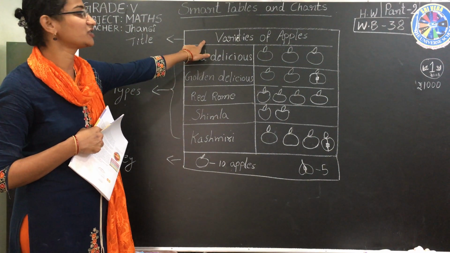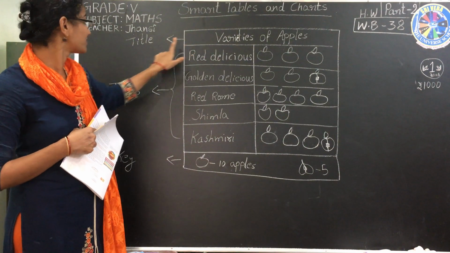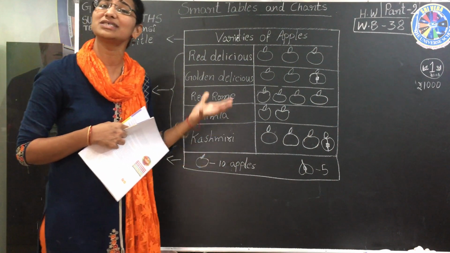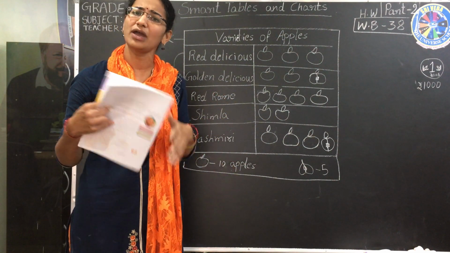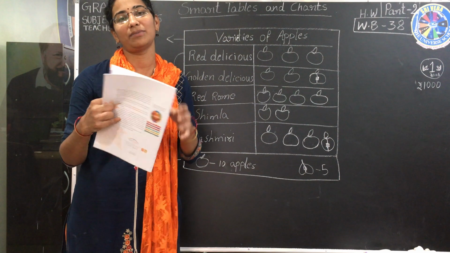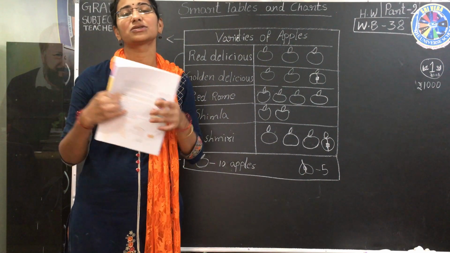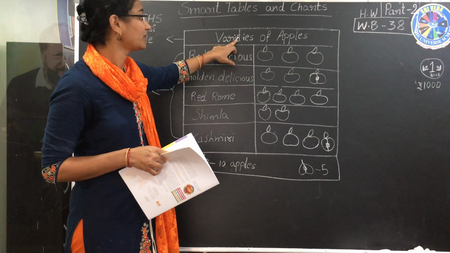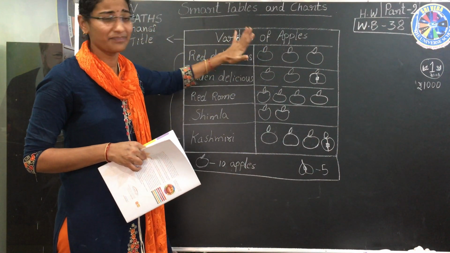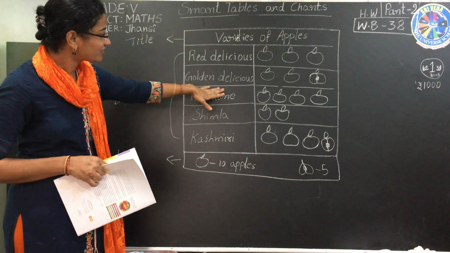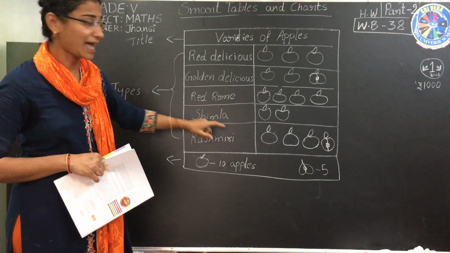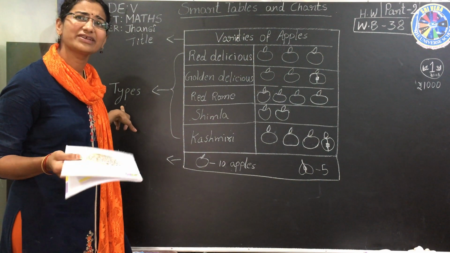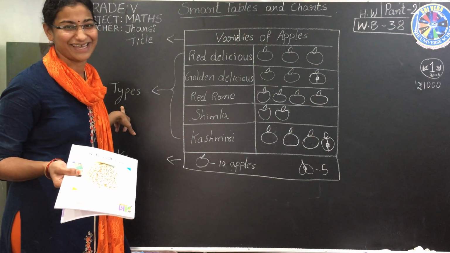First one should be the title. I have written here the title, whatever it may be; this is the information related to the types of apples. If you are giving student marks, or school data, whatever it may be, the title should be the first line. Then next we have separated into rows and columns. Here we have given the different types. For example, if we take marks, you will take subjects here, right?